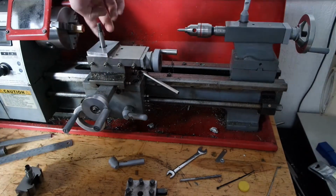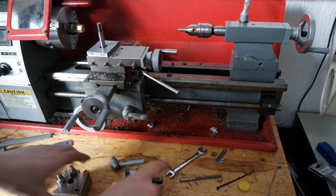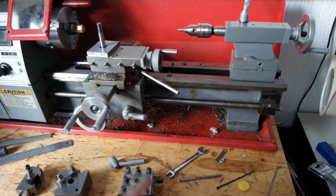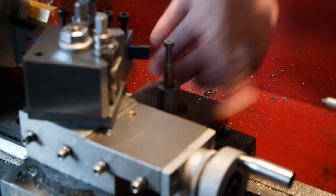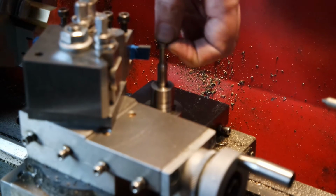I've already fitted the sleeve over this bolt. These holes didn't match up. This one was a bit smaller, so I had to bore out the 4-way tool block. Here you can see the problem. This block won't go any lower, and the bottom of this top